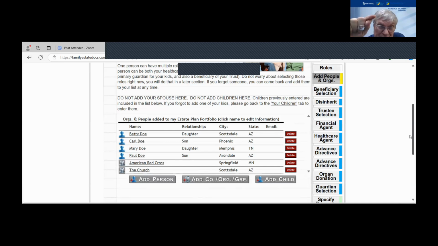per stirpes means that the money follows the bloodline. Per capita, which is what my brother wanted with his grandchildren. He said, "Hey, I have 10 grandchildren, and I want them all to get an equal share." So if there's $10 there and he has 10 grandchildren, everybody gets $1. But because one of his children has 4 children, and another one of his children has 4 children, but another one of his children only has 2 children,